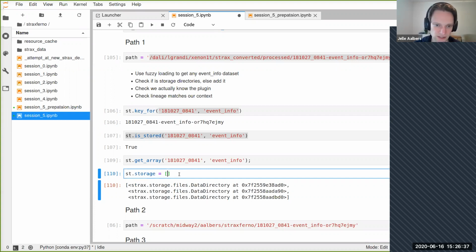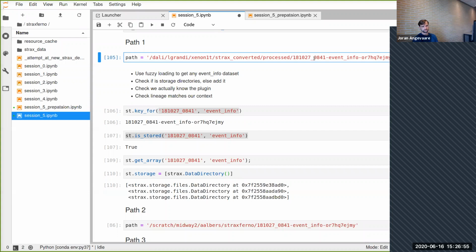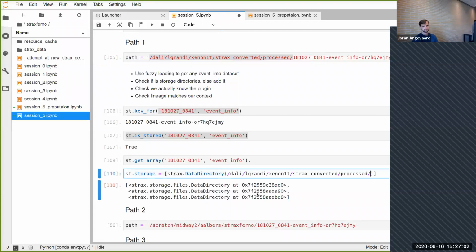So I'm going to change this to just one data directory. What do I put here? Just the path for the event number. Yeah, so this piece, not this piece. Yes, because this is just the path where all of the data is stored.